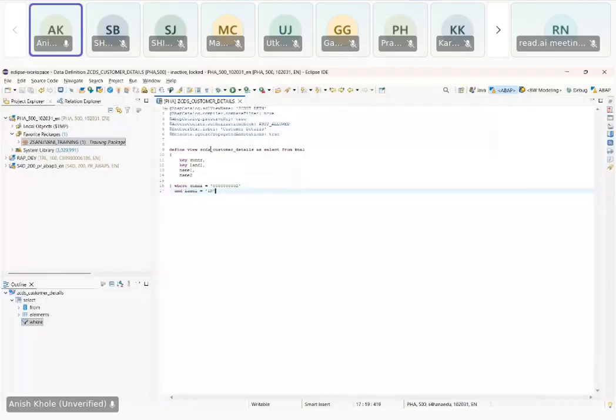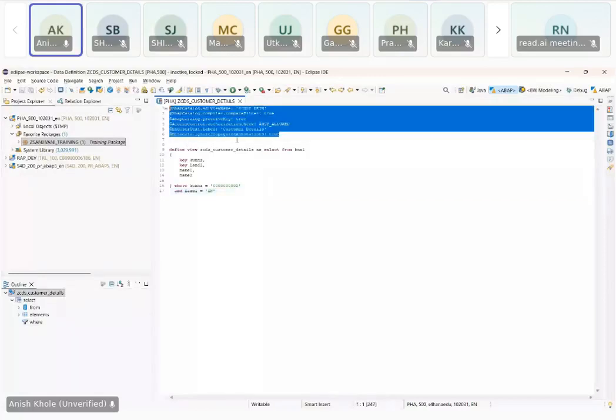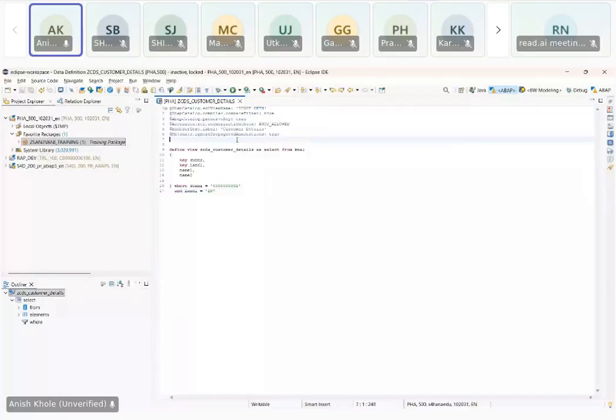The first part is your annotation. We call it a global annotation. The second part: this CDS view contains how many tables. Right now I'm giving only one table, that is KNA1. I want